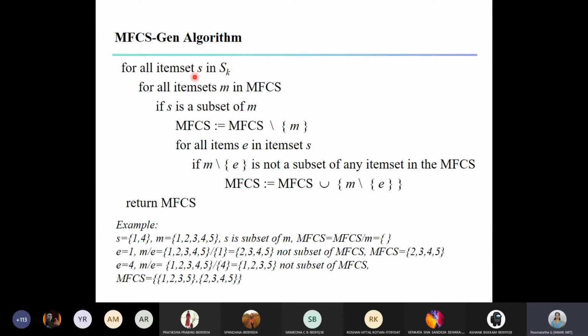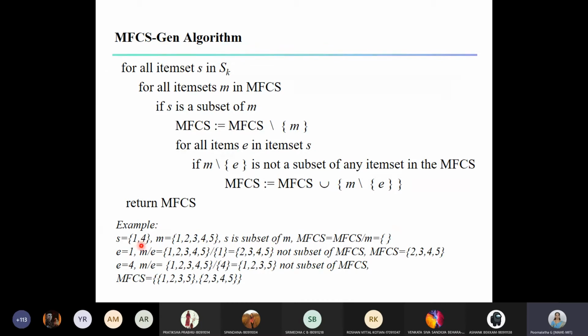So small s is pointing to the first item {1, 4}. So S is {1, 4}, M is {1, 2, 3, 4, 5}, and my MFCS is also {1, 2, 3, 4, 5}. Now, if S is a subset of M, so what is this? S is {1, 4}, M is {1, 2, 3, 4, 5}. So we are checking whether S is a subset of M.